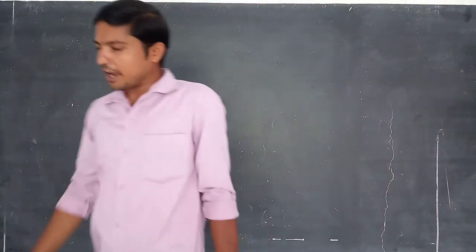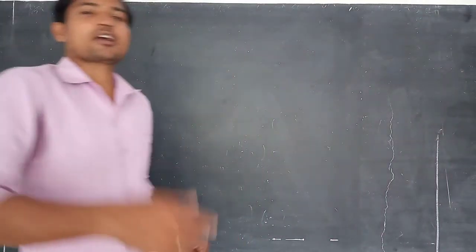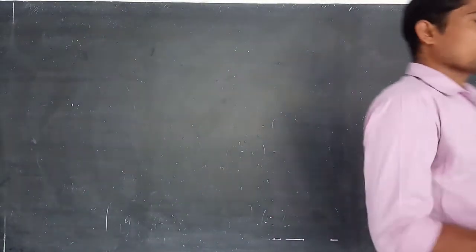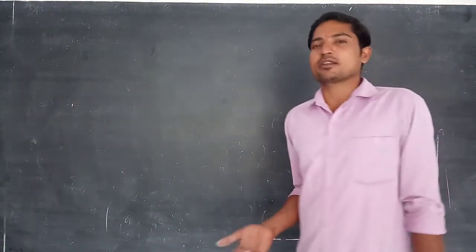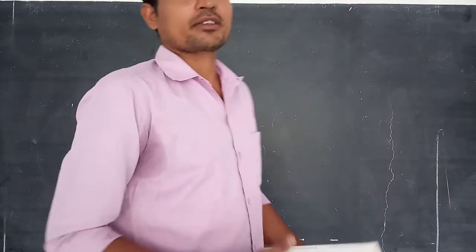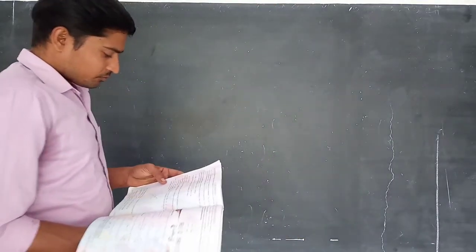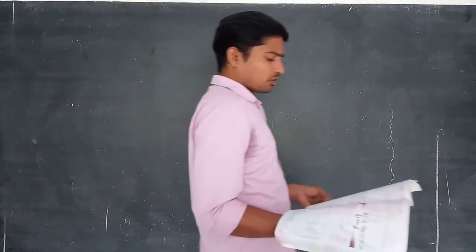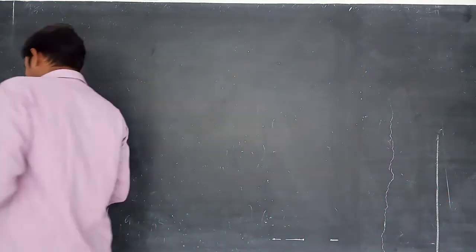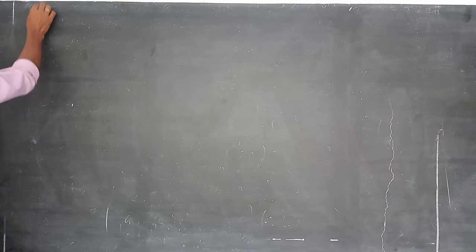If you rotate the axes through some angle theta, 30 degrees, 15 degrees, 45 degrees, 60 degrees, 90 degrees, like that, so the axes are rotated through an angle theta about the origin, that transformation is